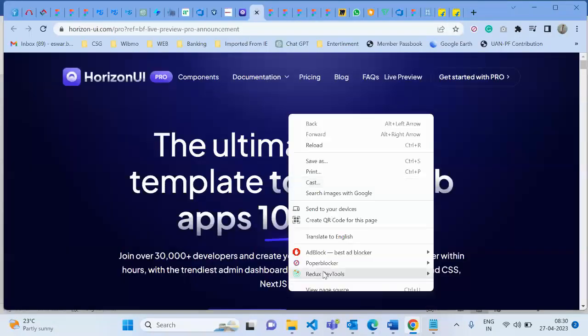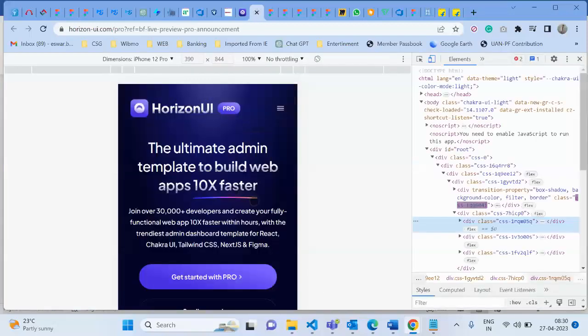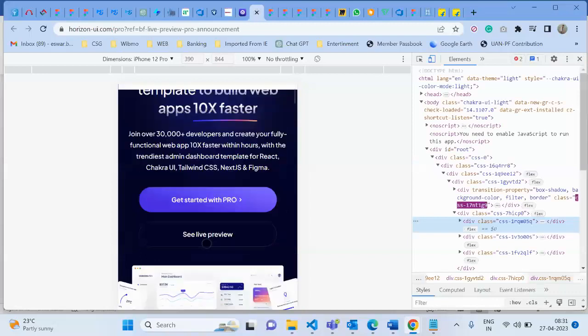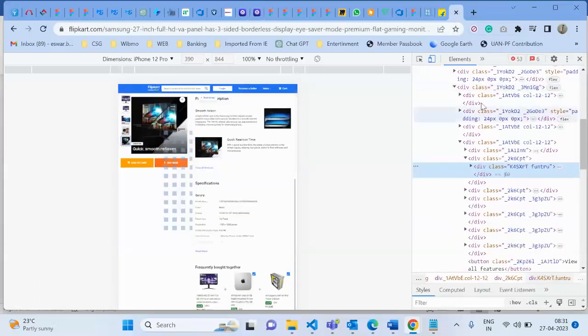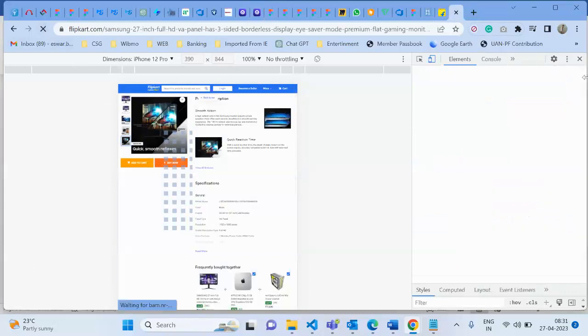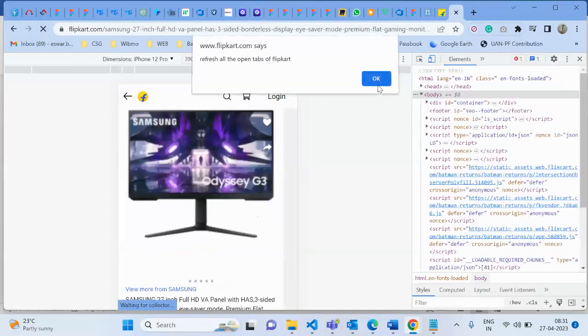If you go here and observe properly, it was appearing the same as how you look at the website. The same thing you can see here. This is called a responsive website, and Flipkart is not responsive. You understand, right? Because we cannot read what it says. That's the difference between responsive and non-responsive.